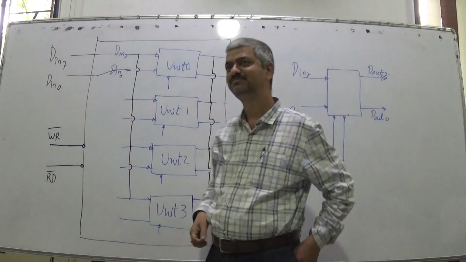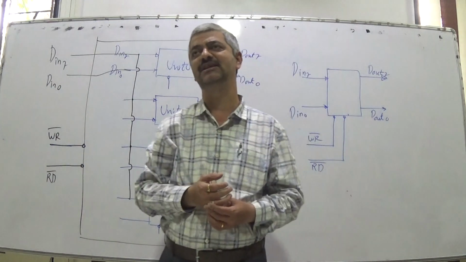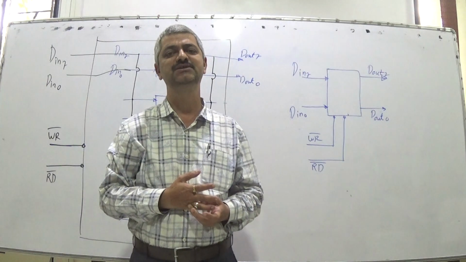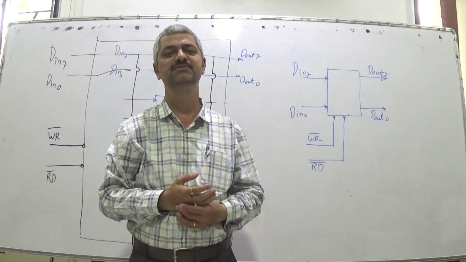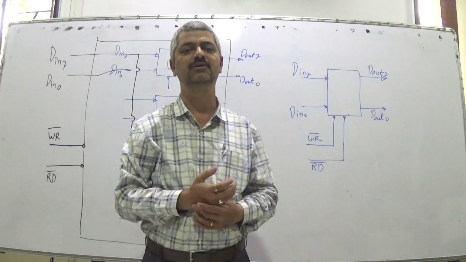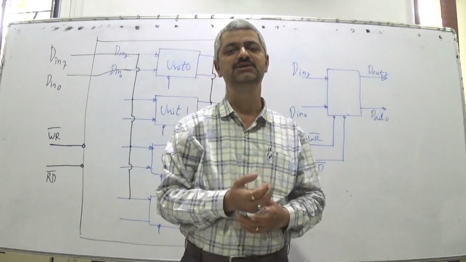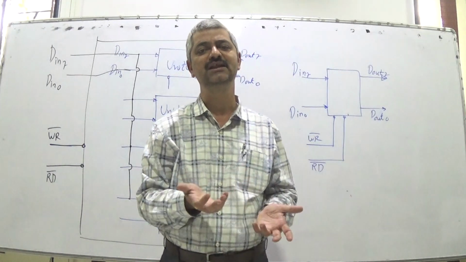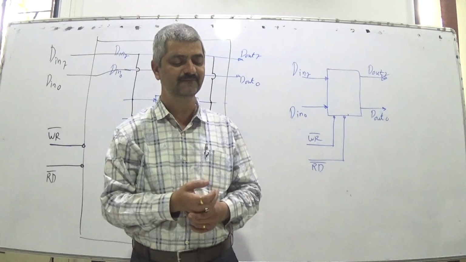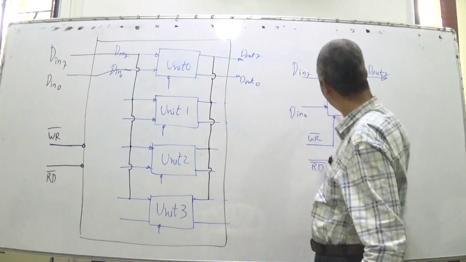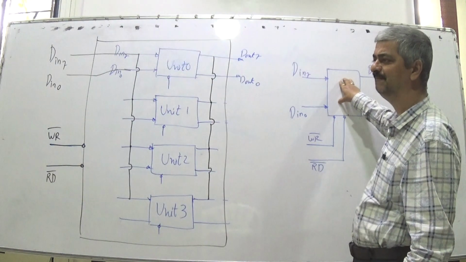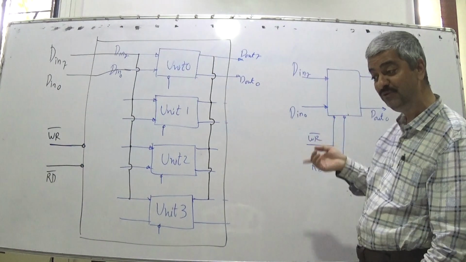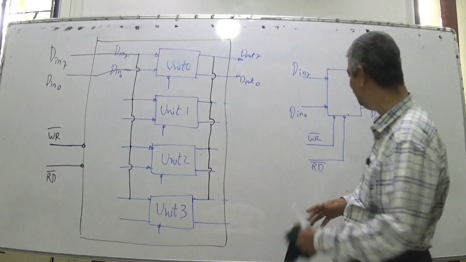The question of selection or not selection will come. Suppose there is only one chess player in the college and the team is to be selected for a university zonal tournament. No selection process, because only one entry. So, when only a single unit was there, data is to be put either write or read. Now, when multiple units are there, I will add one more thing.